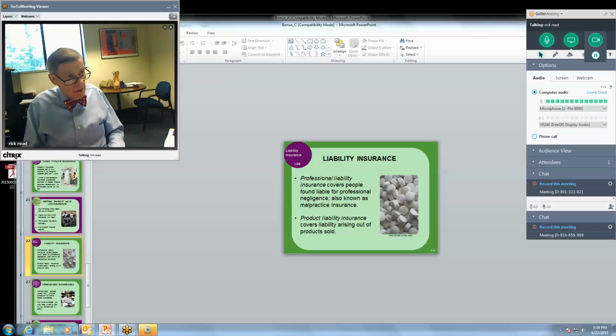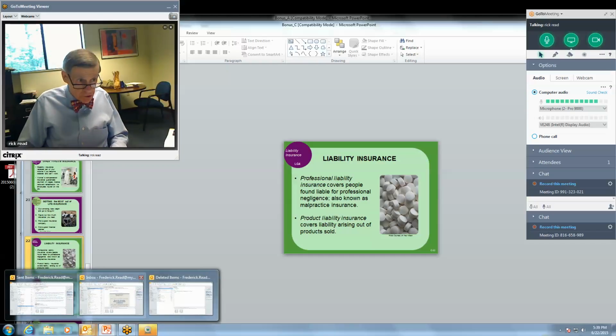Product liability is exactly what it says. That's to help protect against claims against some product that was made defectively. Getting back to insurance, a friend of mine, I used to work with him years ago as a physician, and he was an anesthesiologist. And he stopped his practice some years ago because he felt the insurance was too high. I don't think he was ever sued, but he just said the insurance was too high